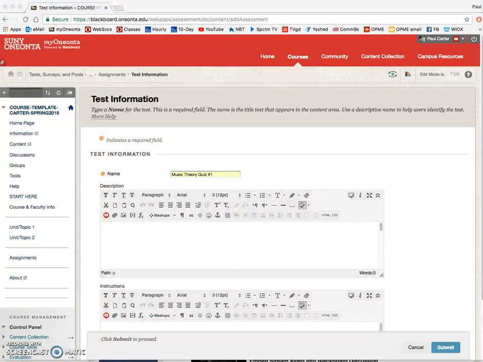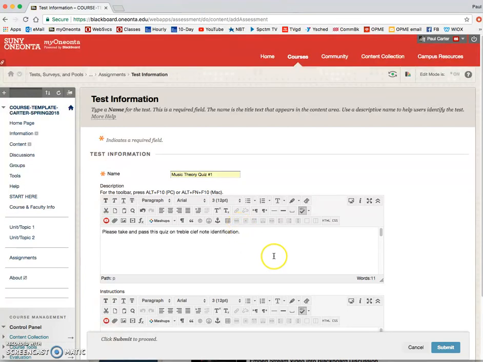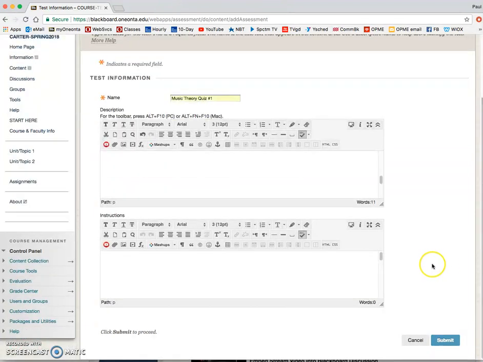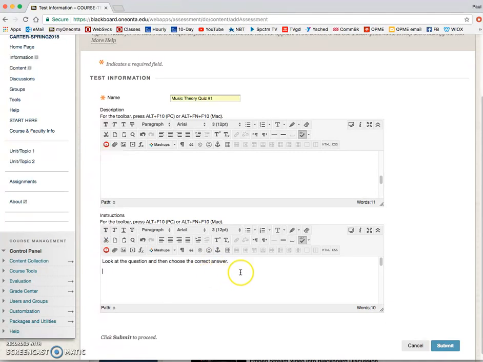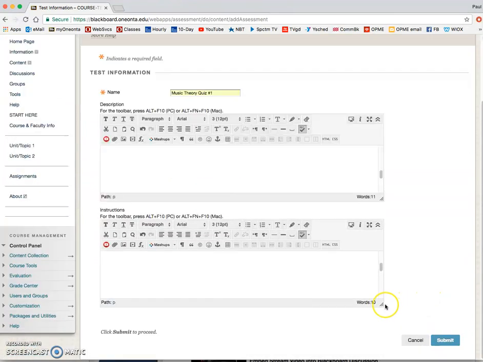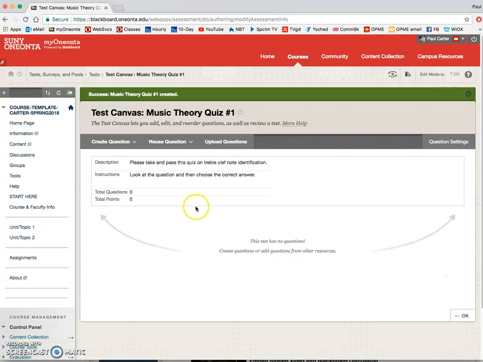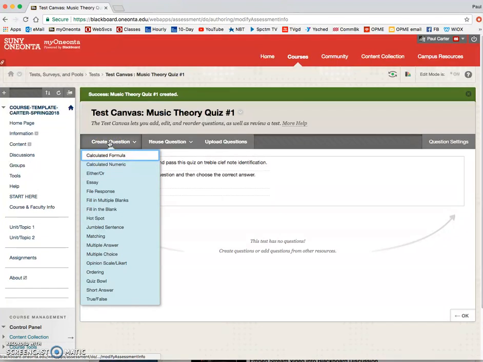And I'll put in some descriptors for the title and the directions, including this: please take and pass this quiz on treble clef notation. And for this test, what we'll do is just say, since it's a one-question test, look at the question and then choose the correct answer. Submit this much of it, and I think we will get other options if I'm not mistaken. This test has no questions. I'm going to create a question that is a multiple choice question,